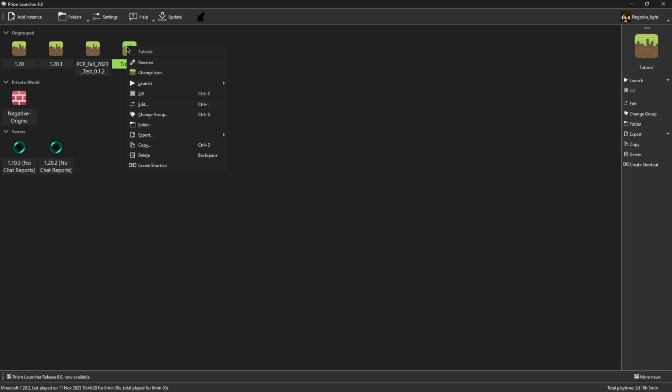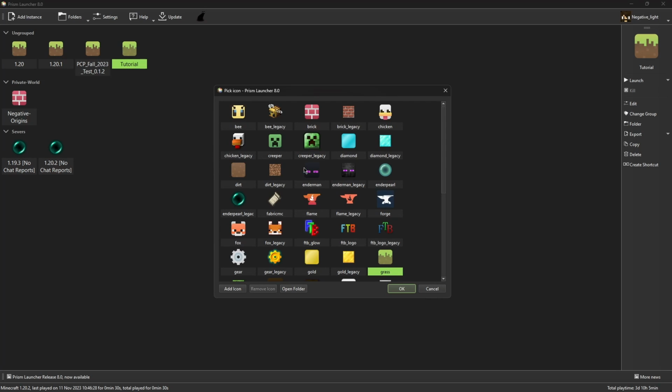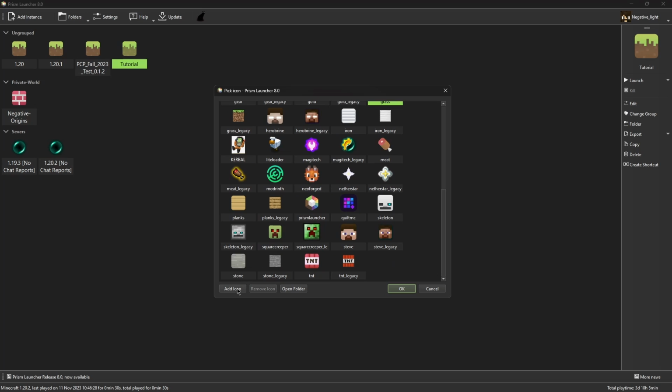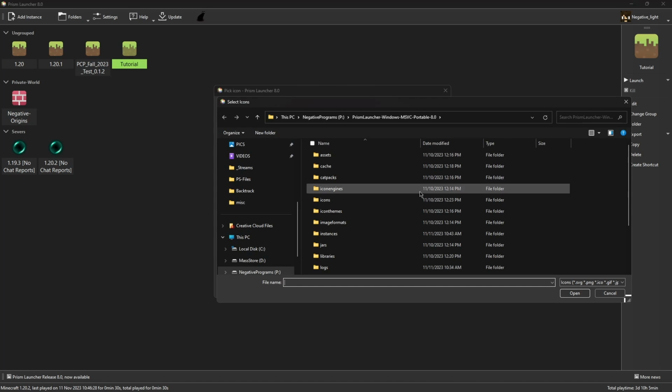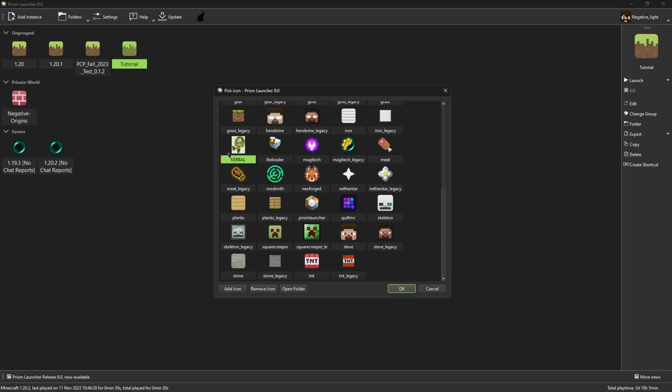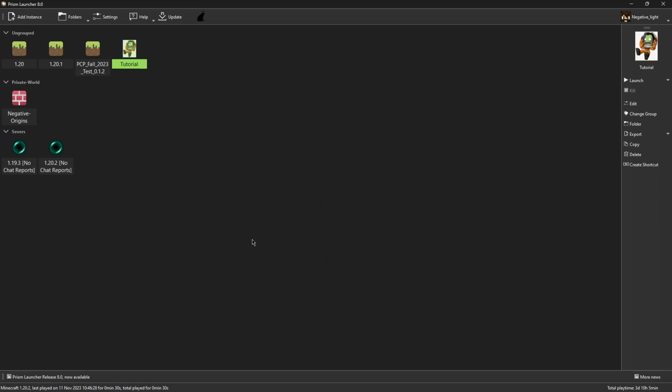To do that, you'll have to be on the main screen, right click the mod pack that you're working with, click change icon, and you can select from any of these. You can, of course, click on the add icon button, and that'll allow you to search through your system. That'll allow you to pick a PNG file or other files. From there, I've already added the icon I want to work with, and so we'll click OK on that guy, and there we go. We have our tutorial mod pack ready to go,